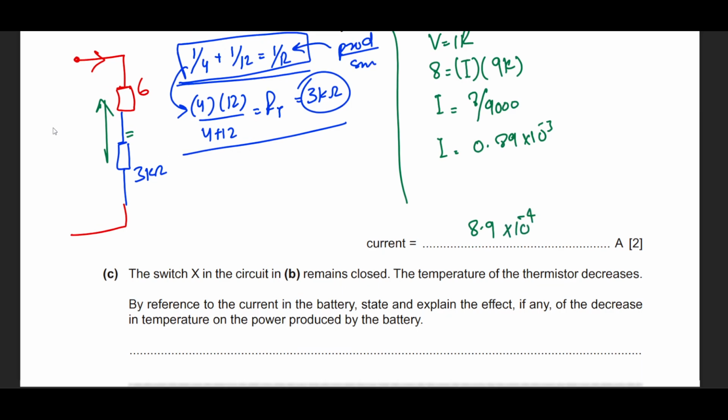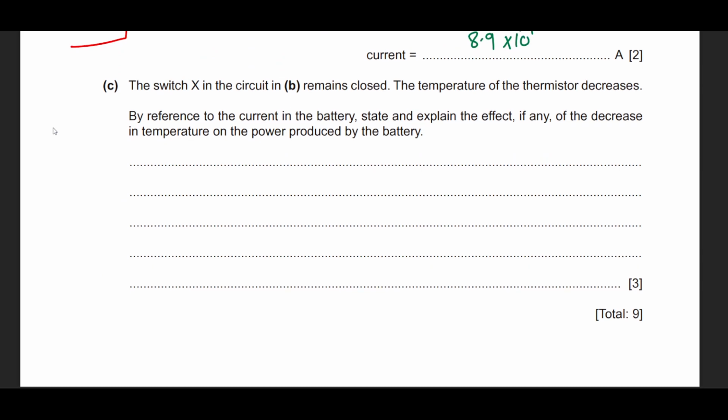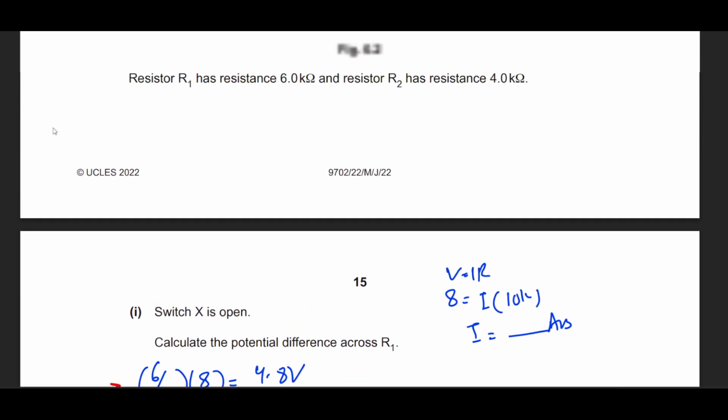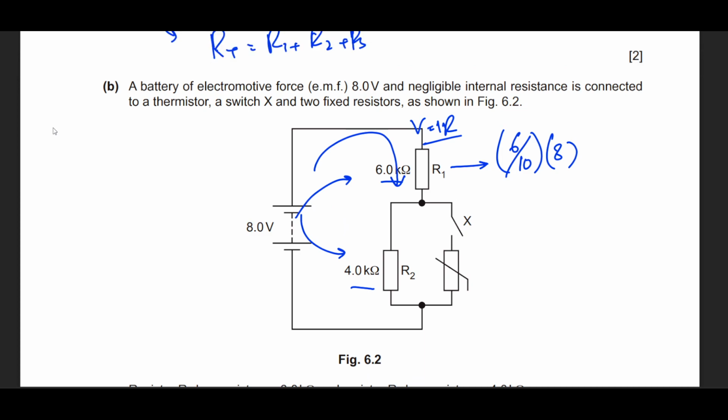Granted, right? All right. So now we move on to part C. Switch X in the circuit remains closed. Okay, fine. The temperature of the thermistor decreases. Okay, fine. By reference to the current in the battery, state and explain the effect, if any, of decreasing temperature on the power produced by the battery. You see, let's discuss it over here. He says that